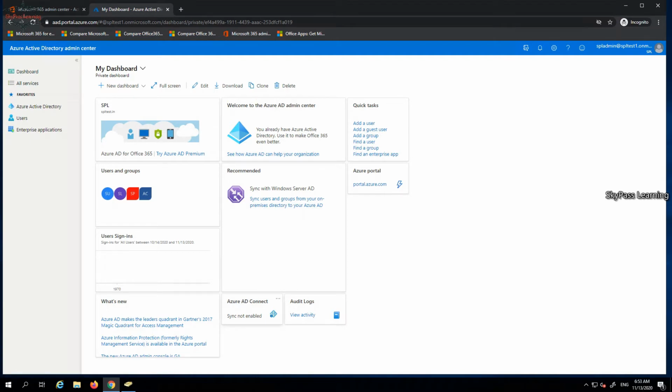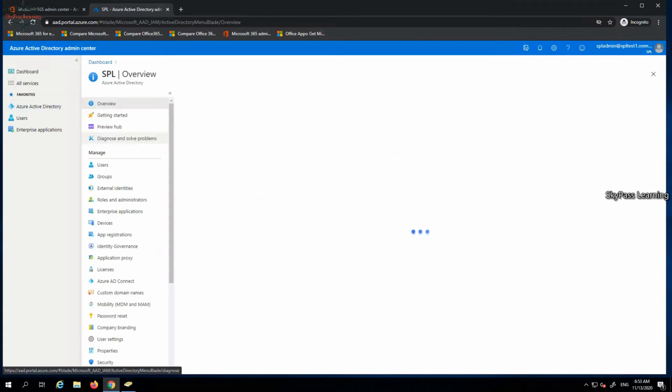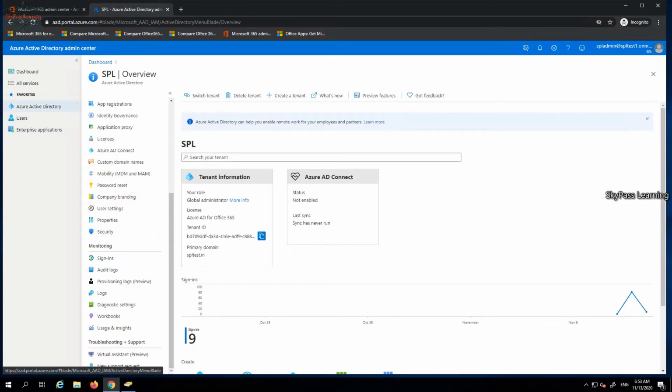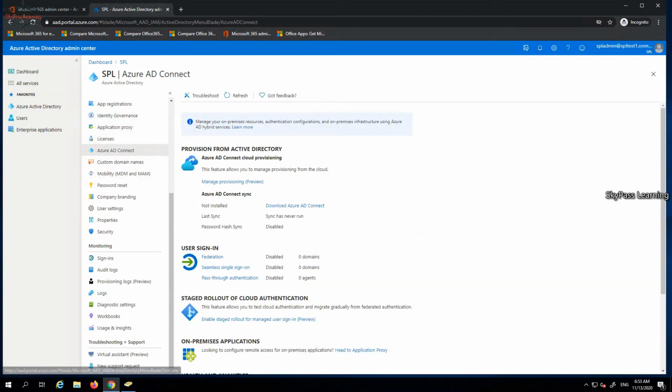You may also get this option in this list. Once you click on Azure Active Directory, you will get Azure AD Connect here. So you can get it on the dashboard itself. If it is not on your dashboard, you will still get this option, so that would not be an issue. You can simply click on Azure Active Directory and enable it from there.